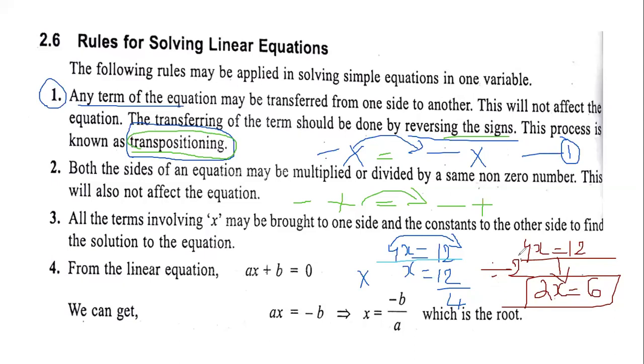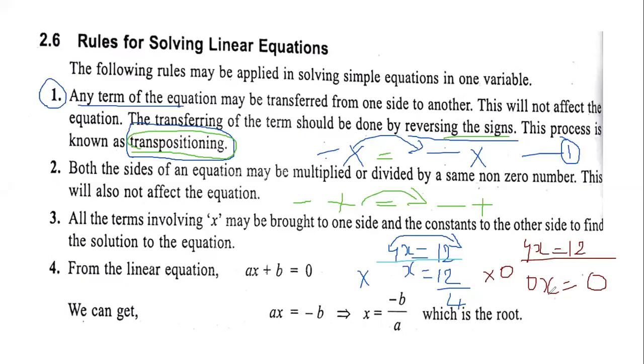You cannot divide any equation or multiply it by 0. Why should we not do that? Let us understand why. Any number multiplied with 0, can you tell me what the answer will be? Suppose I'm multiplying the whole equation with 0. In place of 4, 4 into 0 is 0. 0x is equal to 12 into 0, which is 0.